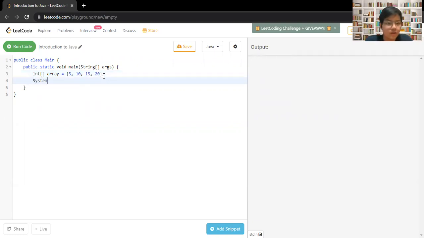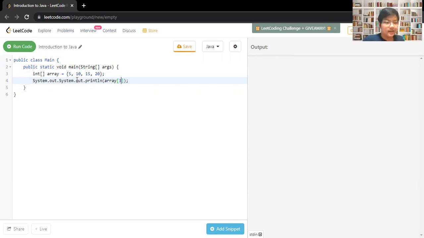Let's print it. Let's say I wanted to print this 15. So system.out. We're going to print this, but how are we going to print it? We want to get this one. One way is to just count the numbers: the first term, second term, and third term. But if we just put 3, then you're going to be wrong, because the way we think about this is in